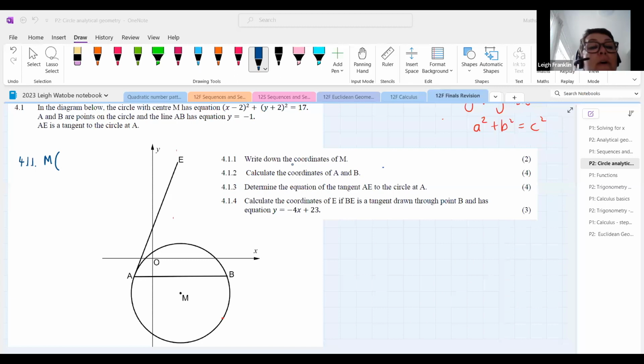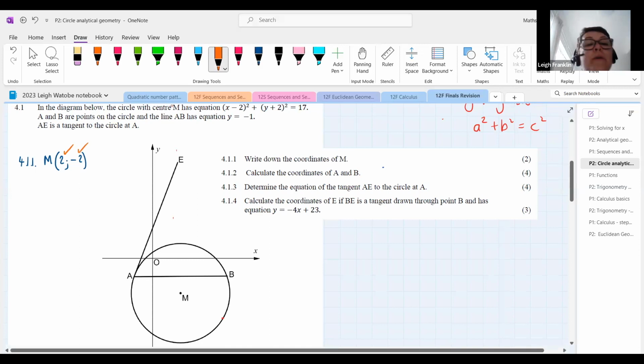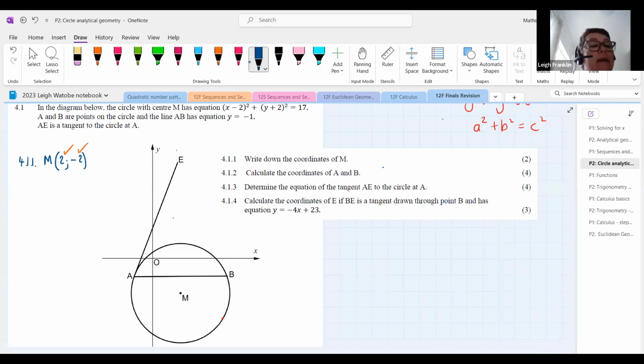So the X coordinate would be 2. The Y coordinate would be -2. And of course, you can always check that. Which quadrant is M in? It is in the 4th quadrant, so there needs to be a positive X and a negative Y. So that's 2 marks, 1 mark on each of those. Okay, let's do question